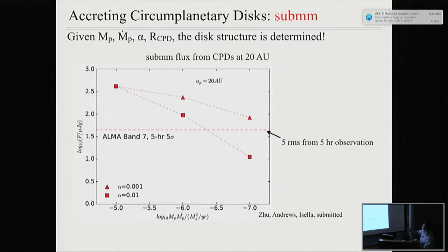So we constructed a simple model, also with Sean Andrews at the SMA group and Andrew Zhu at Rice. We constructed a simple accretion disk model around the planet and calculated its submillimeter flux at ALMA band 7, for example, with different accretion rates. This is 10 to the -5 solar mass per year, and this is 10 to the -6 solar mass per year. This is where you form a Jupiter within a 1 million year disk lifetime, and the disk is very bright. This is ALMA band 7, a 5-hour 5 sigma detection. So it seems that circumplanetary disks can be very bright, and we should be able to detect them